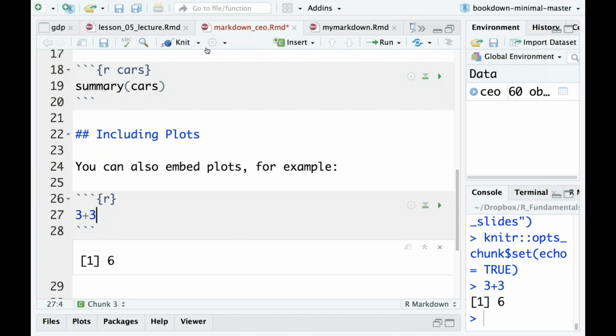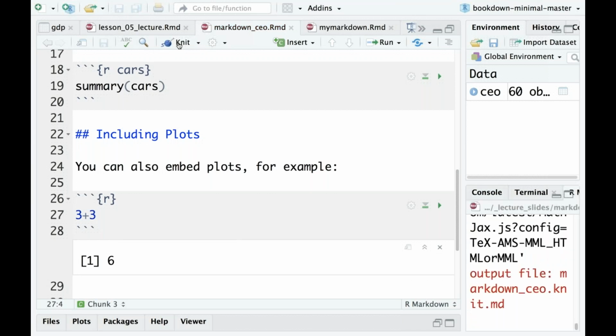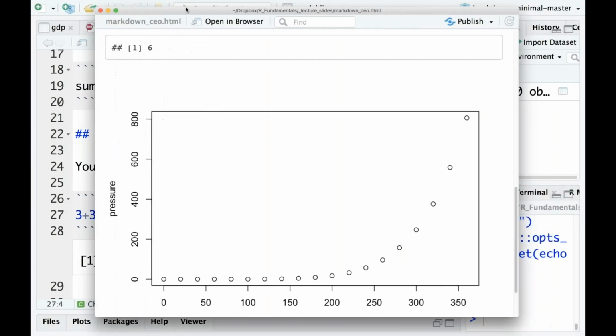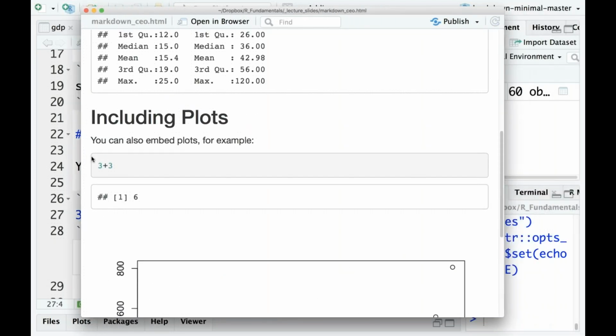Now, what I'm going to do, just so you can see how all this works together, I'm going to knit my document again. So you can see that input-output. So you see here, 3 plus 3, and I have my 6. Okay? Now,